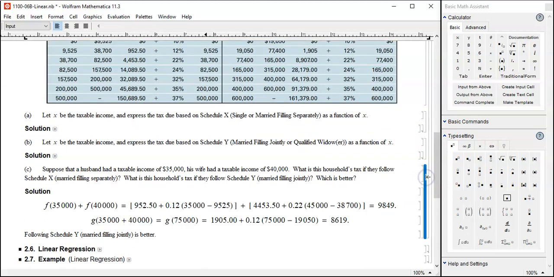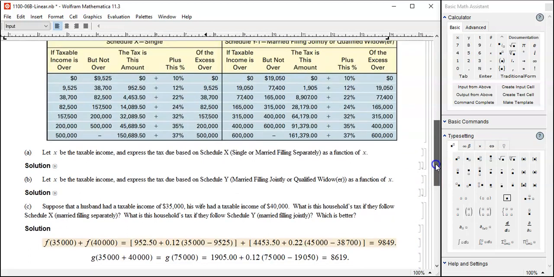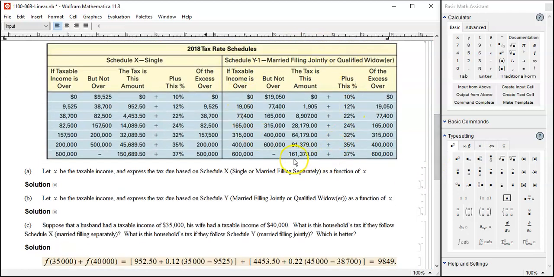If I simply tell you the answer, it goes like this. 35,000 for the husband falls into the second bracket here. And then 40,000 for the wife falls in the third bracket here. So we used the second line and the third line, and then added them together, we get the tax of 9,849. Now, if you use married filing jointly here, you can add them up, 35,000 plus 40,000,